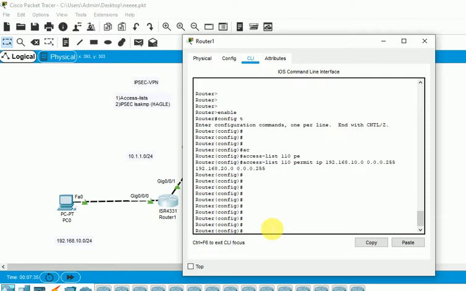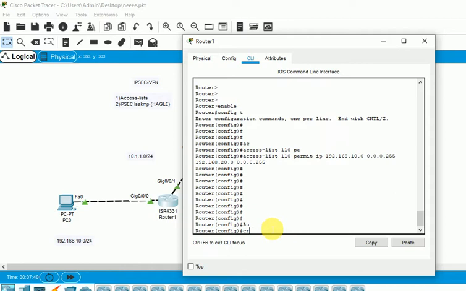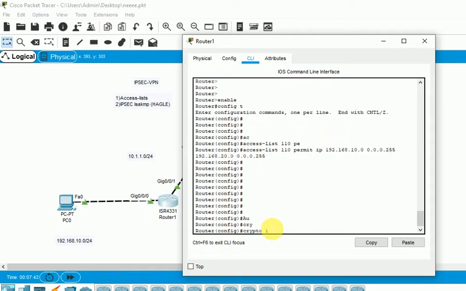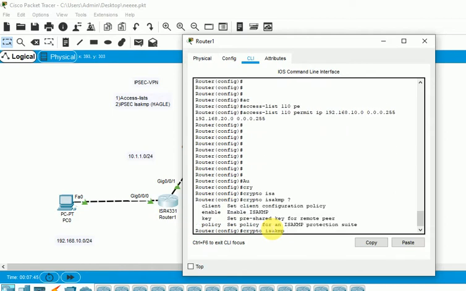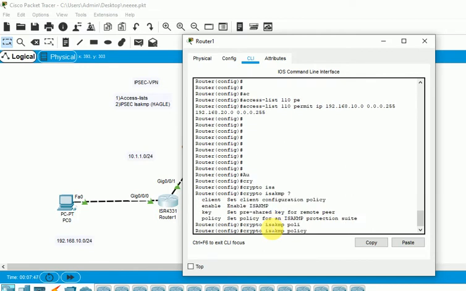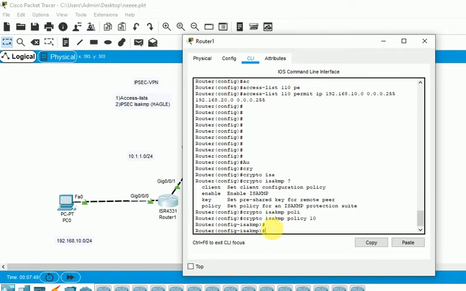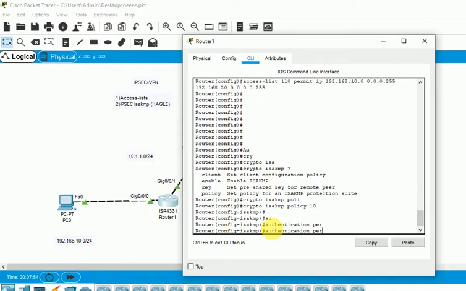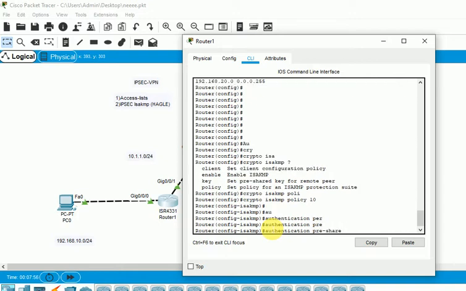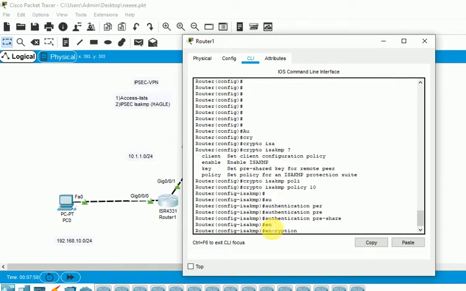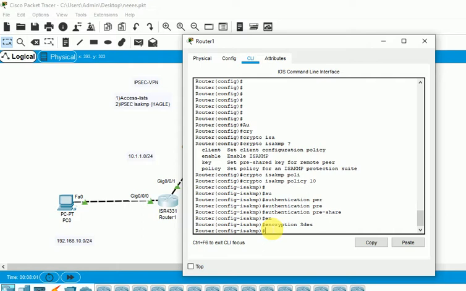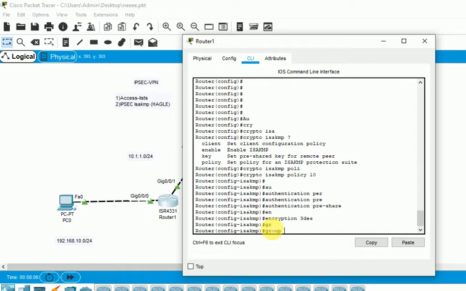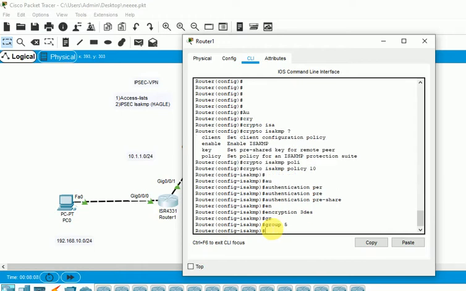First, crypto isakmp policy 10. Now authentication, encryption, then group 5, Diffie-Hellman group 5.